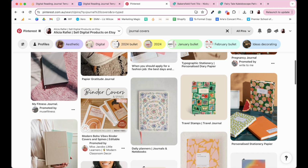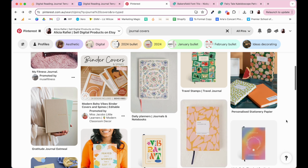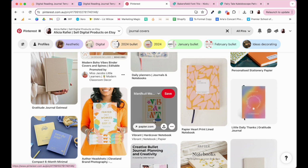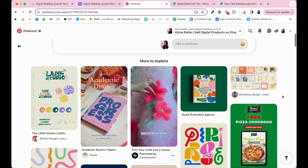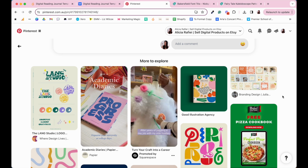You can see these beautiful pattern designed covers. Here we've got a bit of a retro kind of theme, bright and colorful display fonts. If we click on this, for example, you can see it's bright and a bit retro feeling. Once you click on one of these pins, you can scroll down and it's going to share similar pins associated with that. You can see here some beautiful